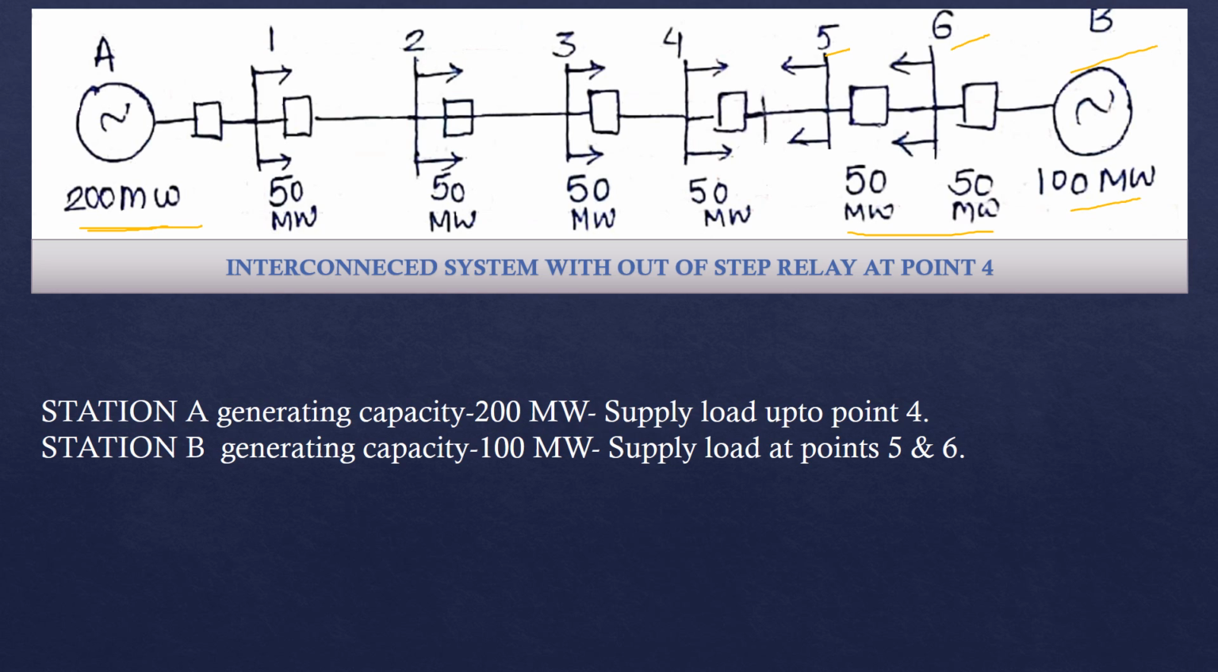Therefore, we see that a common point is there between station A and station B. Station A is supplying the load up to bus 4 only, and loads 5 and 6 are being supplied from station B. Therefore, if by chance any one of the generators loses synchronism,